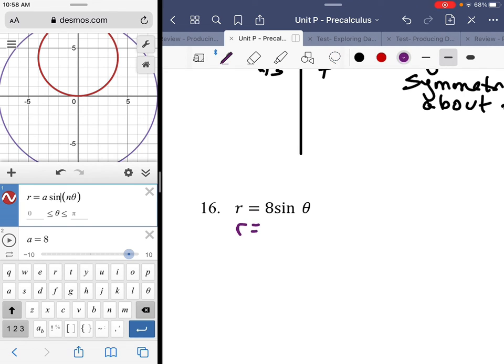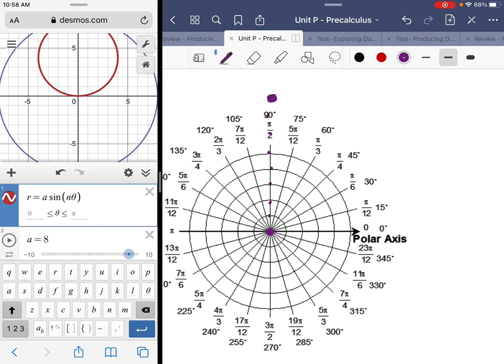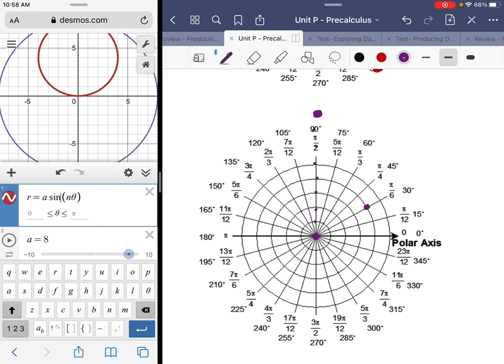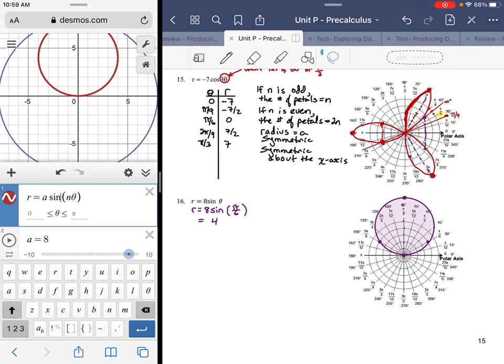We just need another point. So we need a point that's convenient for sine. Let's go with r equals 8 times the sine of, I guess, pi over 6. That'll give you a 4. So 4 steps in the direction of pi over 6. If you use 5 pi over 6, same deal. That gives you a couple of points. If you want to go with other points, you can, but we have enough that if we just draw a circle